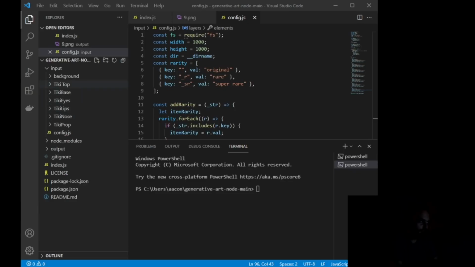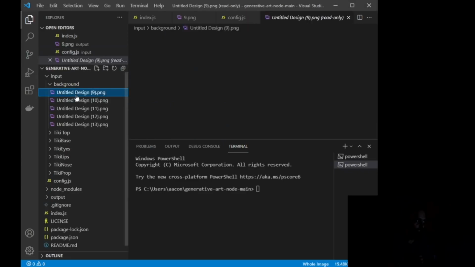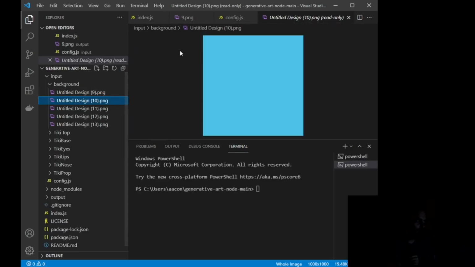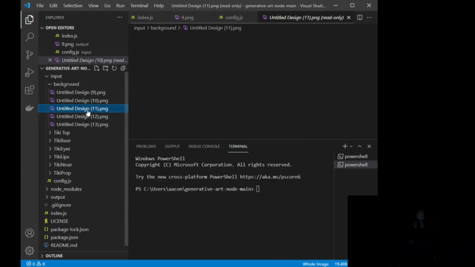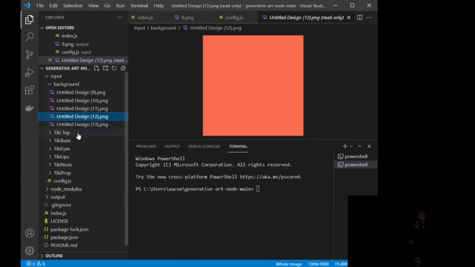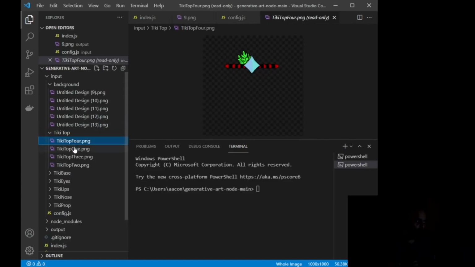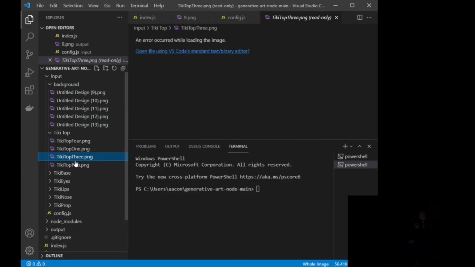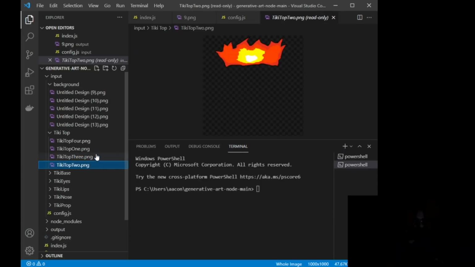So what you're seeing on the left side here in input is a folder inside of this main generative art node main, and inside of the input folders we have all of these different folders where we have our backgrounds. If I load these, you'll see all of the different backgrounds that I have, so on and so forth. You can see the different headpieces that I have created, and all of these were created inside of my